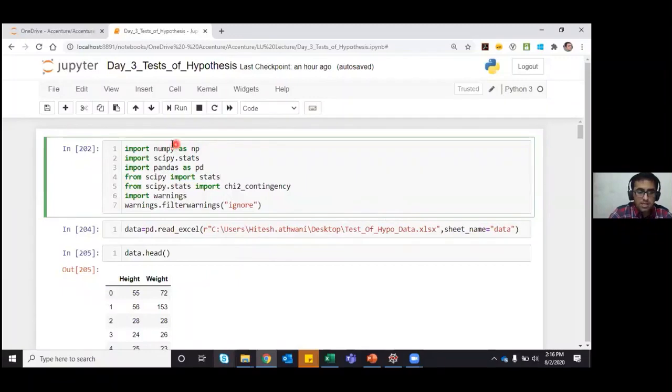And as I mentioned yesterday, it's a very good practice that you write all the libraries at the starting of the code itself. So in my present code, I have used NumPy, SciPy.stats, and Pandas, and all these will cover all the tests that we need to use in our testing of hypothesis.